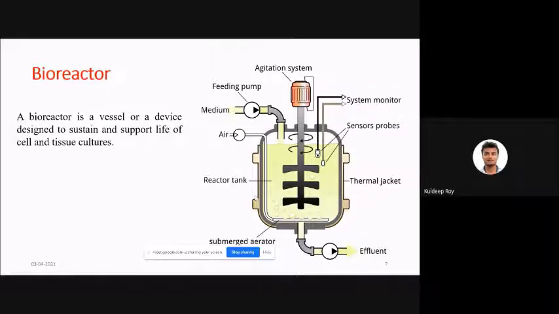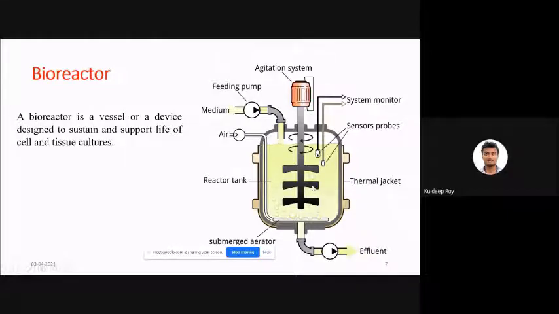system this is. Here if you add oxygen or any kind of air or any kind of gas, the cell will consume that oxygen or any kind of oxygen source or gaseous source, and it will grow in size. Now this portion is called the sparger, which is submerged into the liquid, and this is the reactor where the reaction takes place.